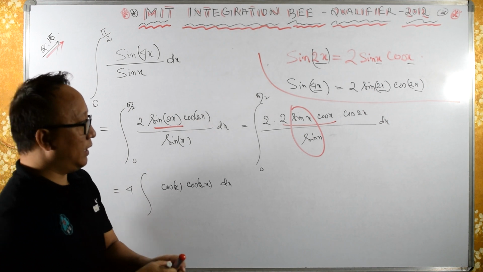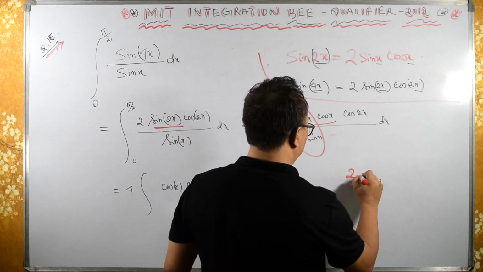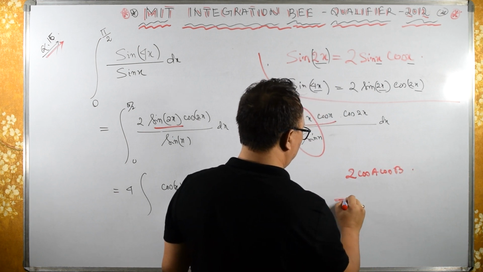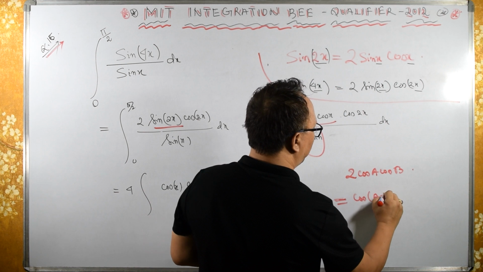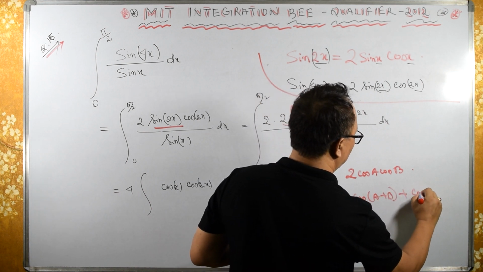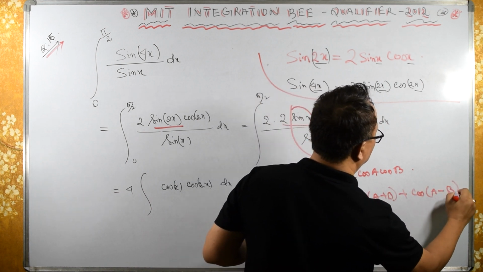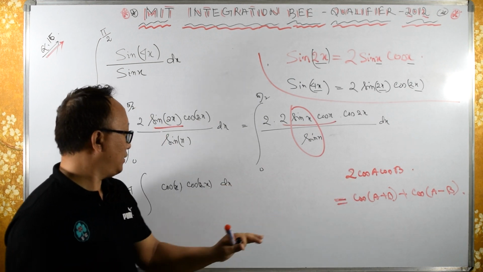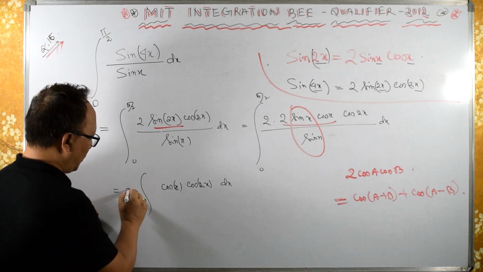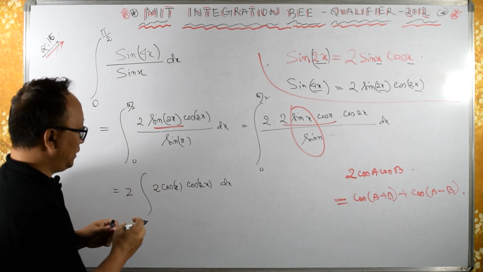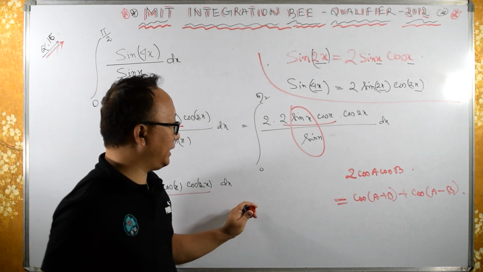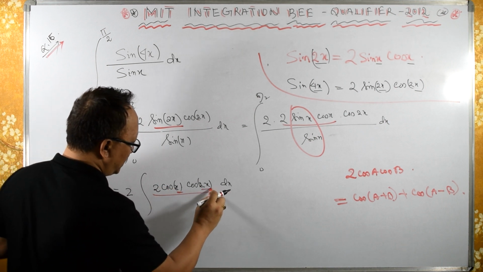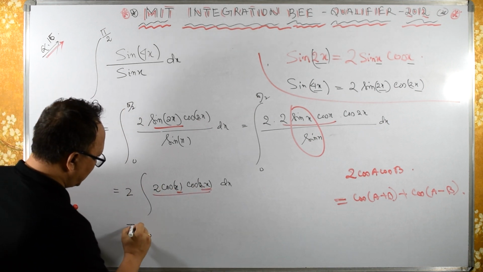Now remember we have the formula: twice cos A cos B is equal to cos of A plus B plus cos of A minus B. I want to use this formula, so in order to use it I need a 2 over here. So this 4 I can write as 2 over here as well as 2 over here. Now I can apply this formula. Here cos A is x, here cos B is 2x. So this is the same as twice